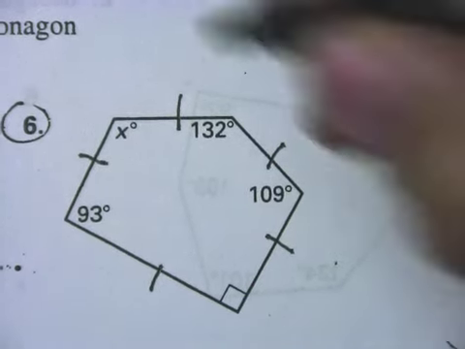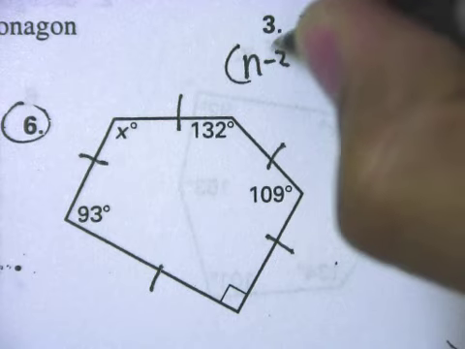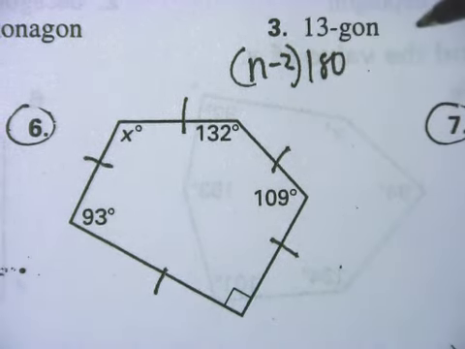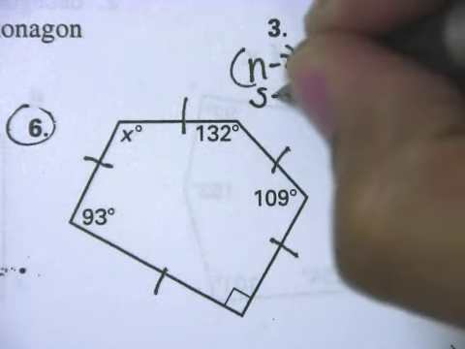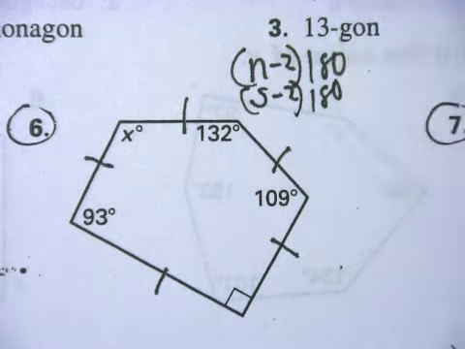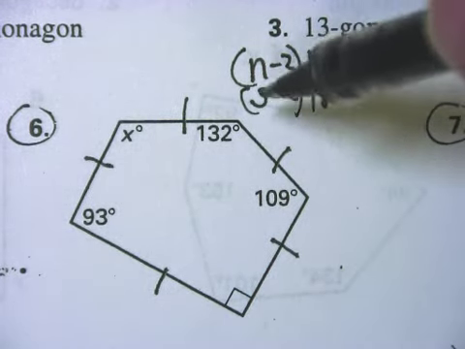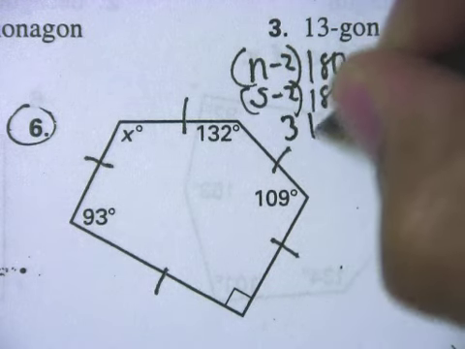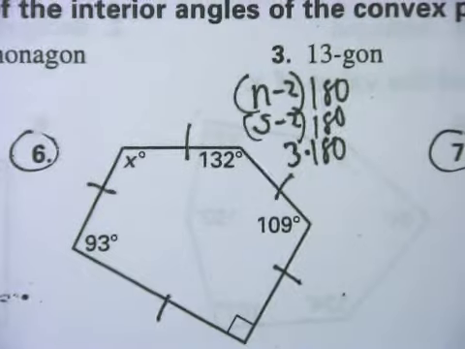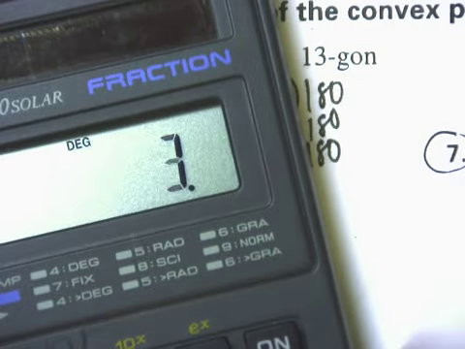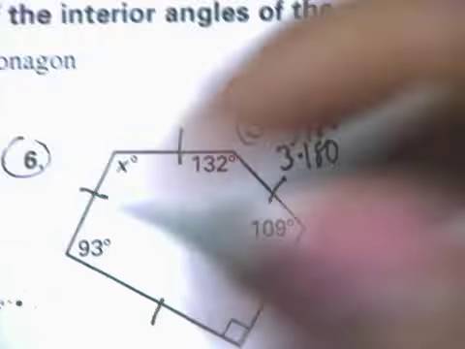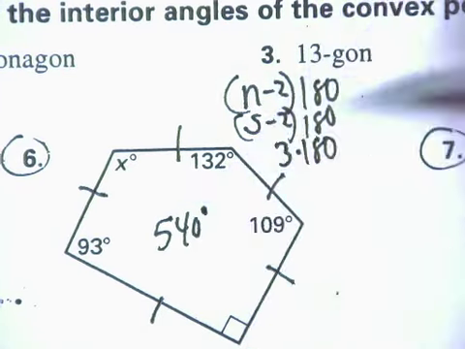Well, in order to find that, we'd have to use a formula, which is n minus 2 times 180, where n represents the number of sides. So that would be 5 minus 2, because a pentagon has 5 sides, minus 2 times 180, which is 3 times 180,